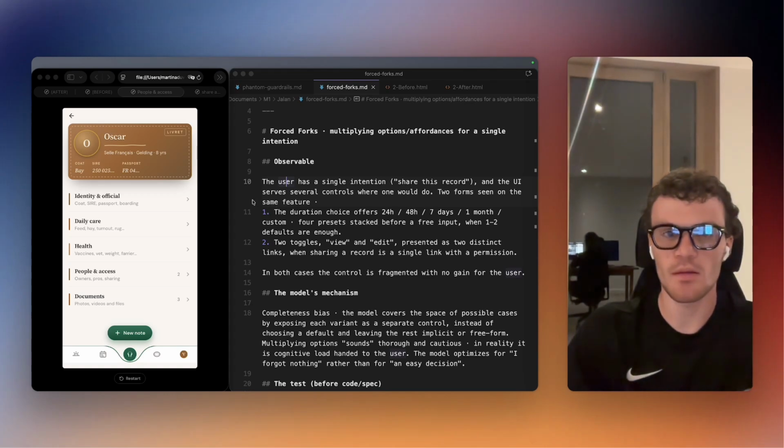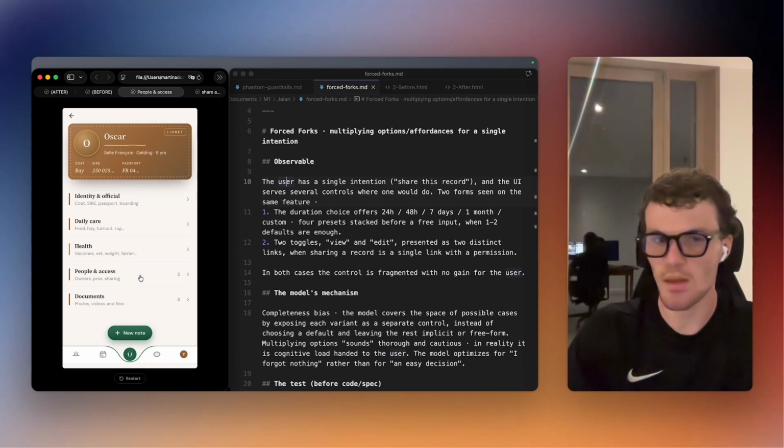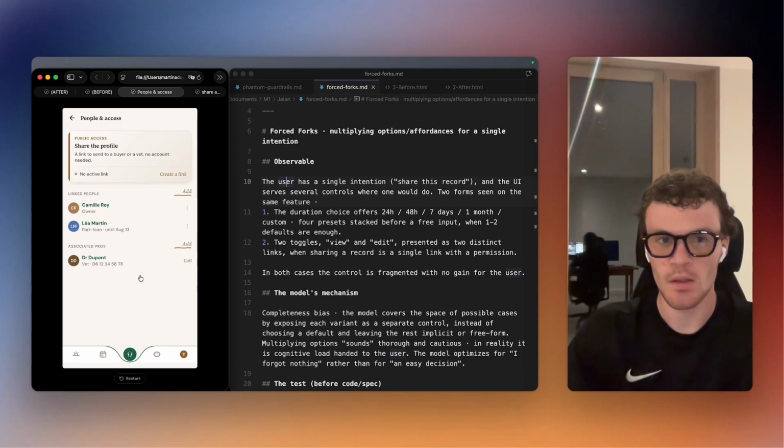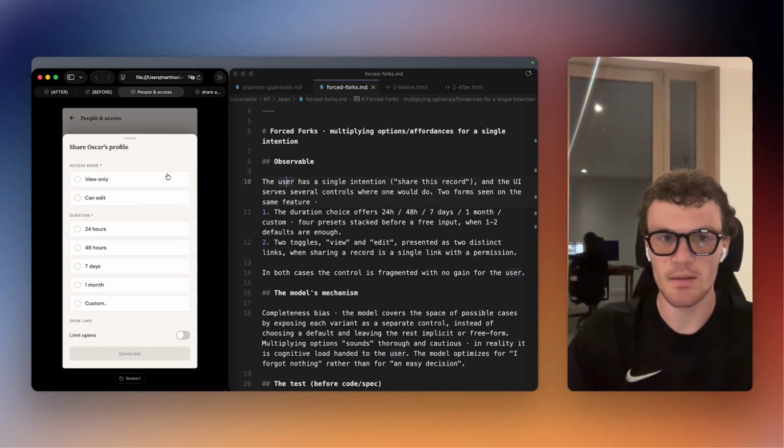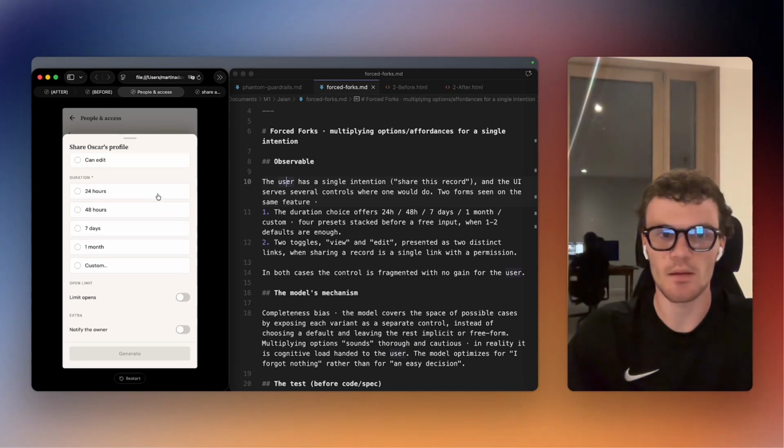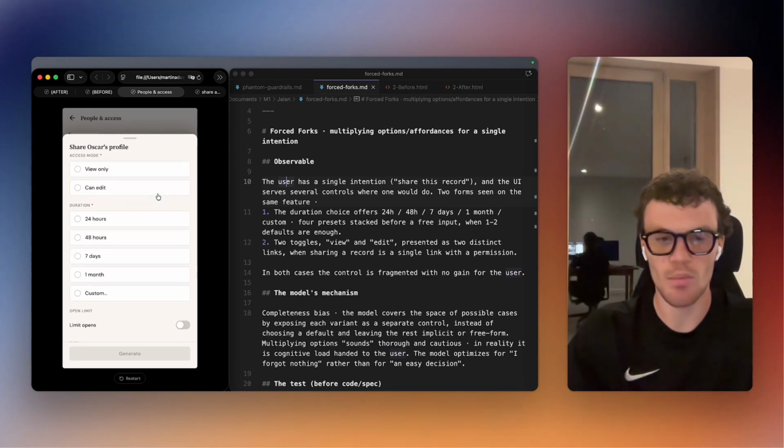I was creating this screen inside my app, so people need a way to share the link of their orders, because they need every person taking care of them to be able to access the information they have. So I needed a way to create a sharing link, which I asked Claude to generate, and then I accessed this sheet. And as you can see, there is nothing nonsensical right there, but this isn't